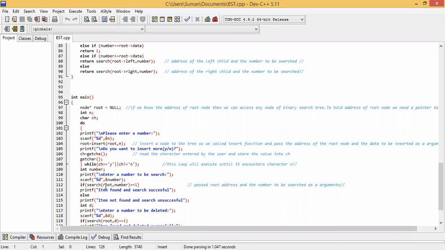And if it is not found, then in the else condition, the item is not found and the search is unsuccessful.